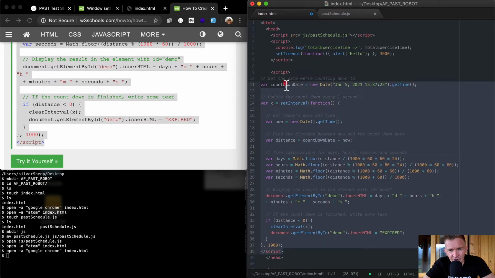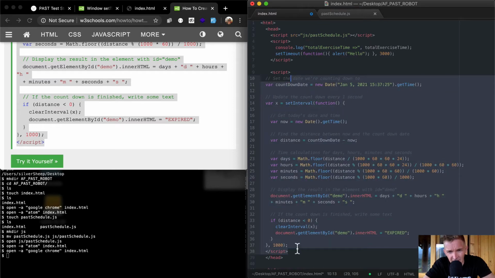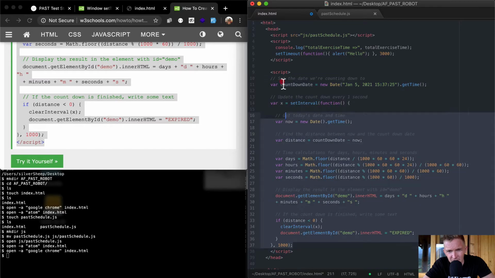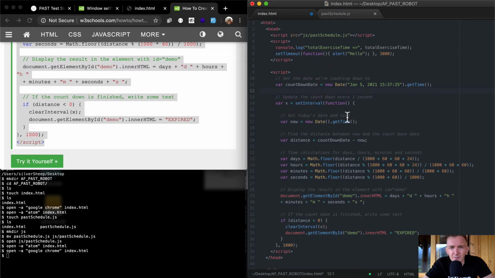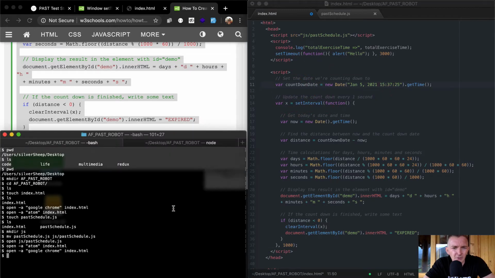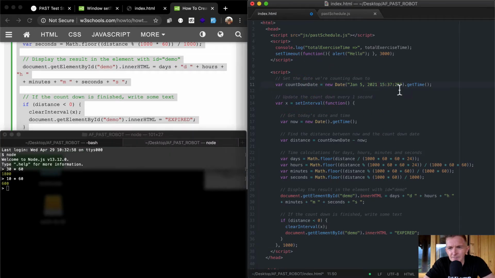First thing I like to do, as I've talked about all the time, is get my spacing correct, because everything becomes easier in software when you get your spacing correct. So let's open in Node. I don't want to do it to January 5th. We could say countdown date is equal to new